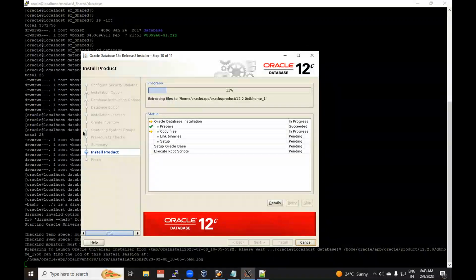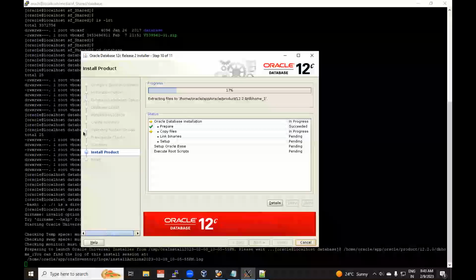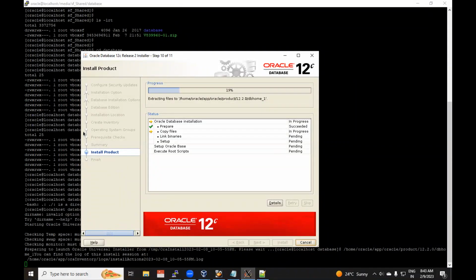So tomorrow we'll go with some theory part where I'll explain about the physical and logical structure of the database. Basically I'll explain the files so that when I install the database, I can take the reference of those particular files and explain you well. So while creating the database, it will create this file, it will create that file. Before that, I'll theoretically explain what files we have, what information they contain, and how to deal with them, right?